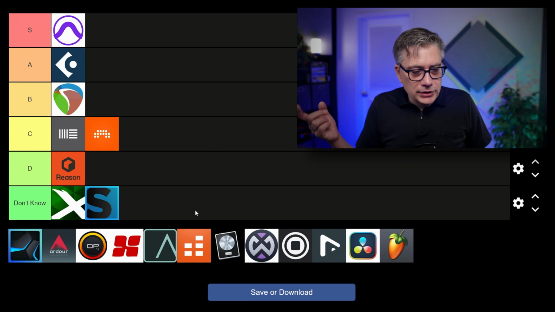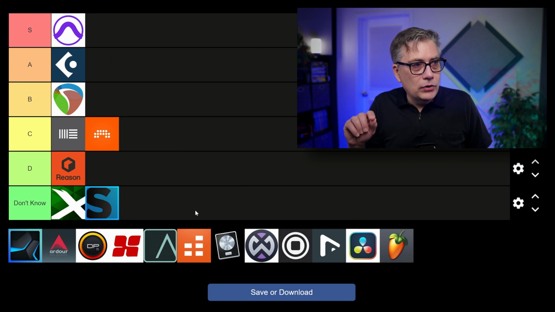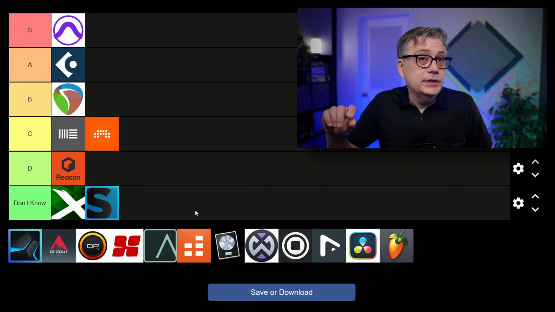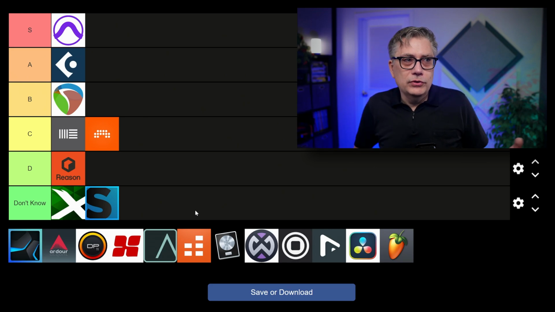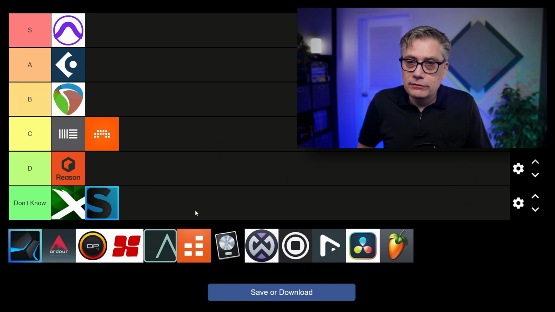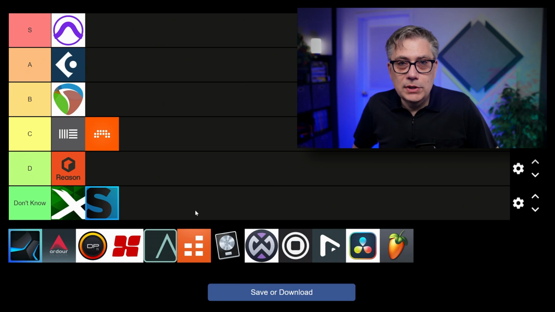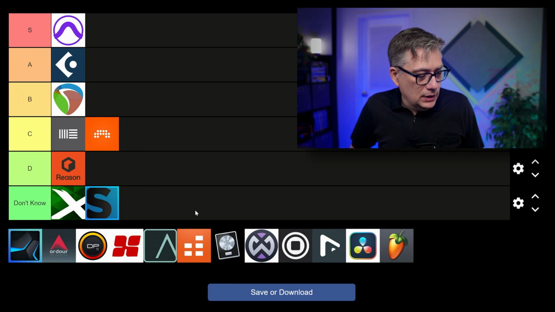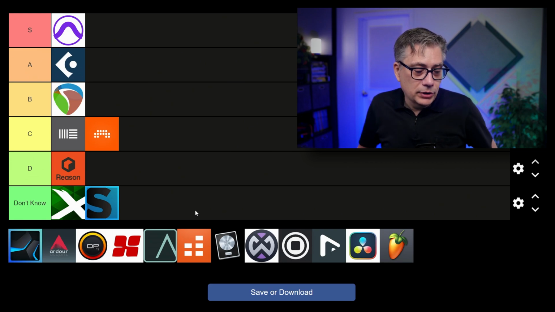And this reminds me of what I said before with Reason. If you compare the point upgrade that Presonus did with Studio One when they moved from Studio One 6 to 6.5, when they integrated Dolby Atmos essentially for free, and you compare that to the full version upgrade of Reason, there isn't even a comparison. That's not even close. And I had the chance to talk to some of the people from Presonus that worked on the implementation of Dolby Atmos, and I'm seriously impressed on how well they work. So for me personally, it's probably my favorite DAW.